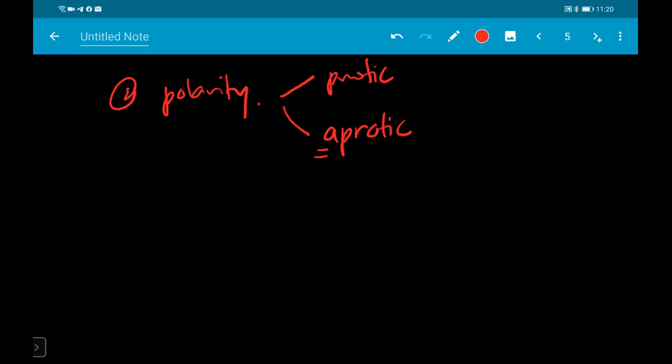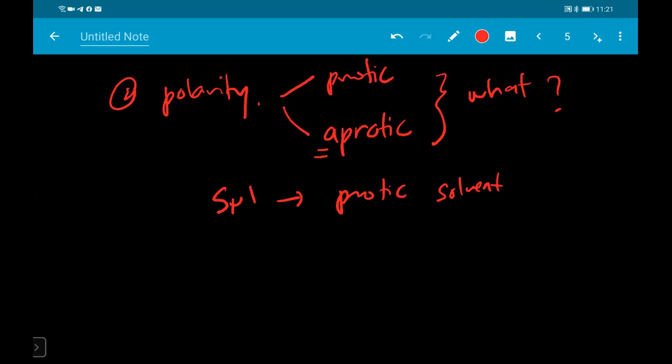Okay, beza ada E dengan E, tak ada A saja. Korang kena tahu what is this, protic dengan aprotic. Because in general, you should know that for any SN1 reaction, it will be faster in protic solvent and SN2 will be faster in aprotic solvent. So to know this, first and foremost, you need to understand what is protic, what is aprotic, and